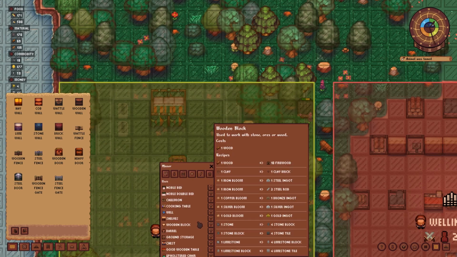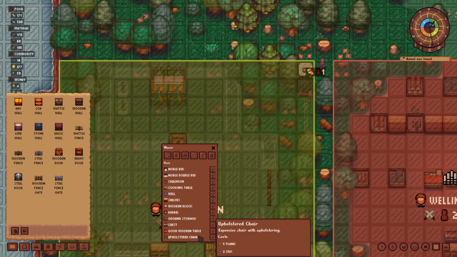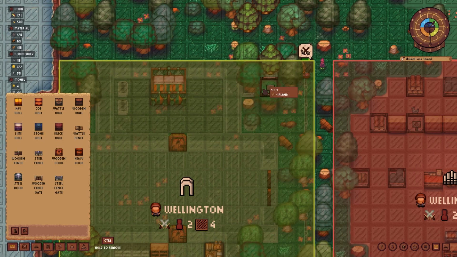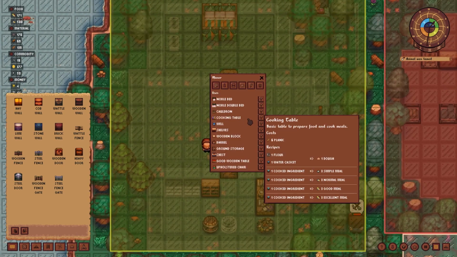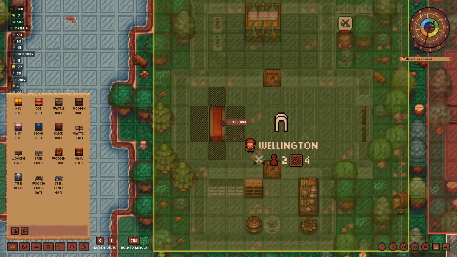So I'd like my wooden block outside and some open storage for all of the wooden block type items. Ground storage. It's called ground storage. That's probably why I'm throwing myself off. And I deserve a well because I think I work hard. And a good wooden table, which is going to cost me 10 planks, but it's going to be worth it. And we'll do...